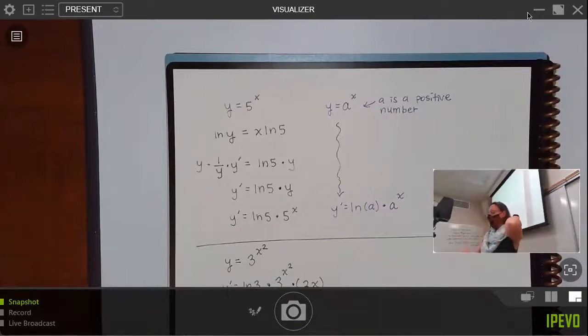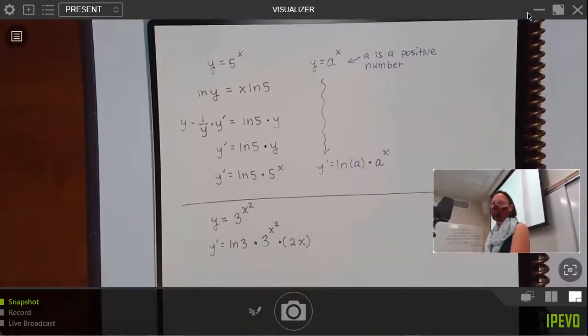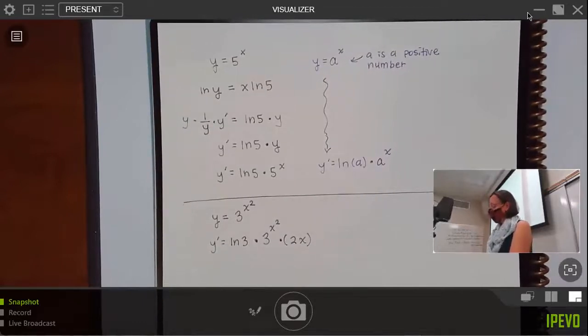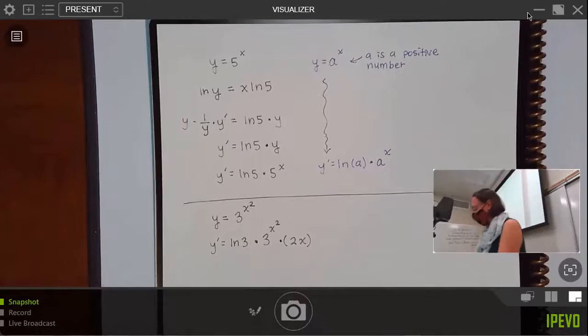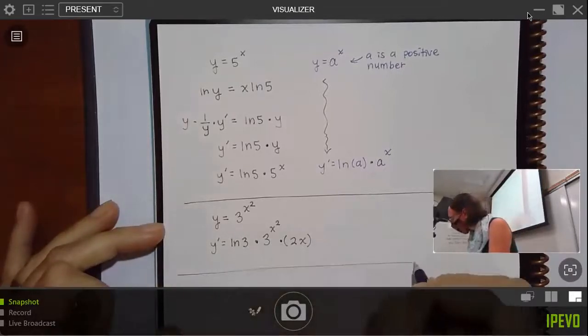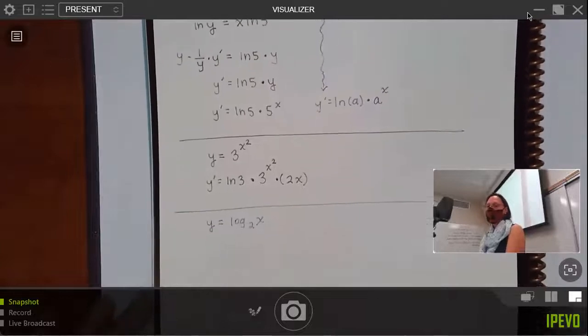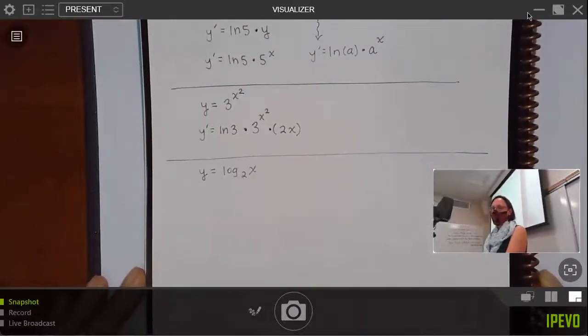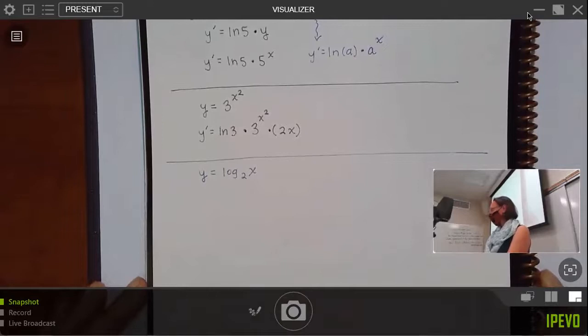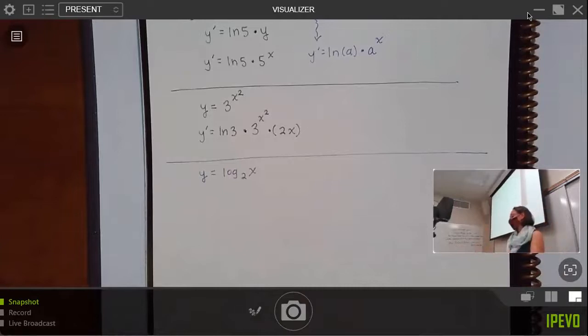So we have this rule for derivatives of exponentials with different bases, and we can also talk about what the rule is when we have logs of different bases. So if I had y is equal to log base 2 of x, honestly, I think the easiest option when we're talking about logs is to just change it to exponential. Oh yeah, so there are two options: one is to change it to exponential form and then work with it. I was actually going to say that I prefer